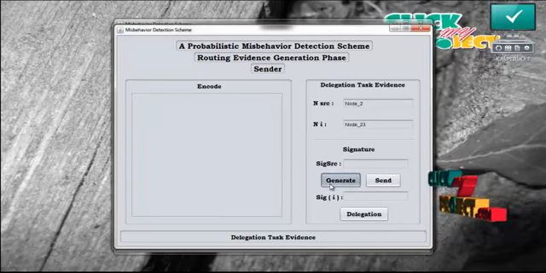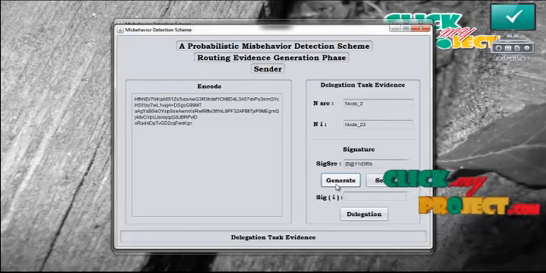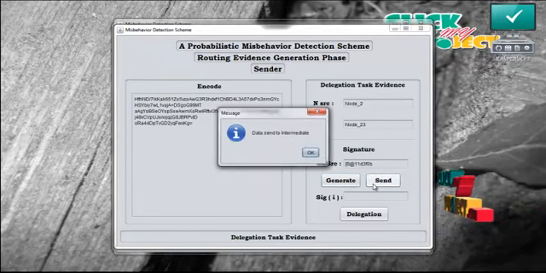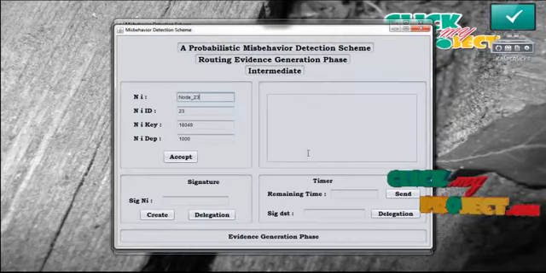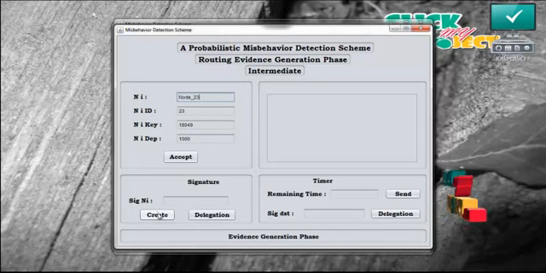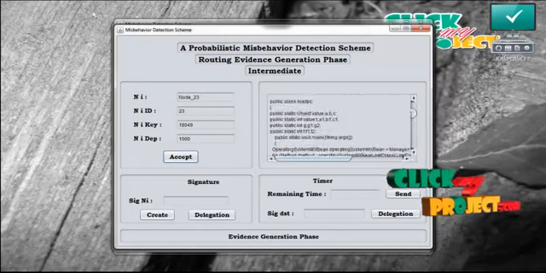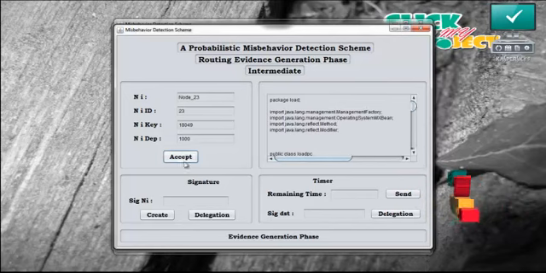Now press generate. Now the signature is generated, and then press send. Now the signature and the data are sent to the intermediate. Now press accept. The data is accepted in the intermediate.